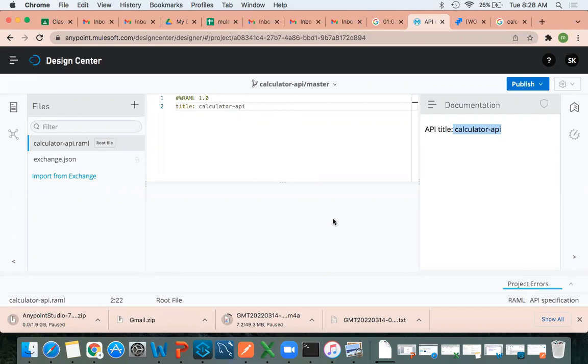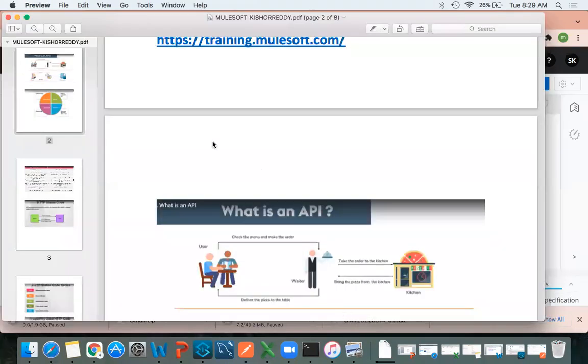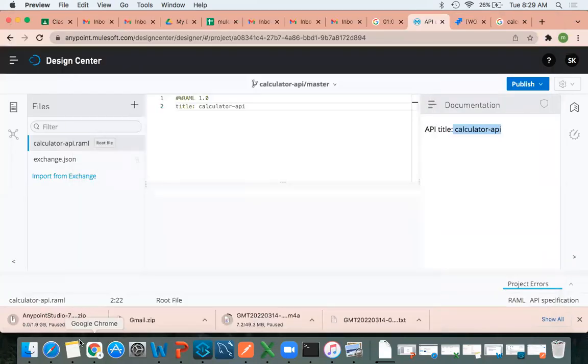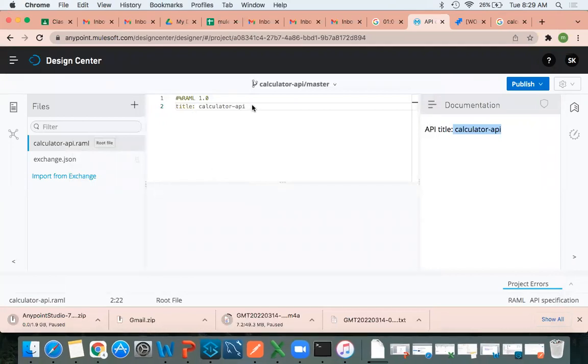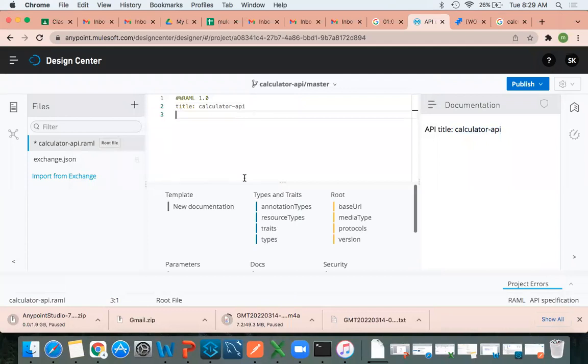So this I already showed you, right? Now in the editor, we are going to design our APIs. I'll click on enter. See, the moment I click on enter in the Chef, I got all these options. So based on my requirement, I have to select it. First, before moving to this,